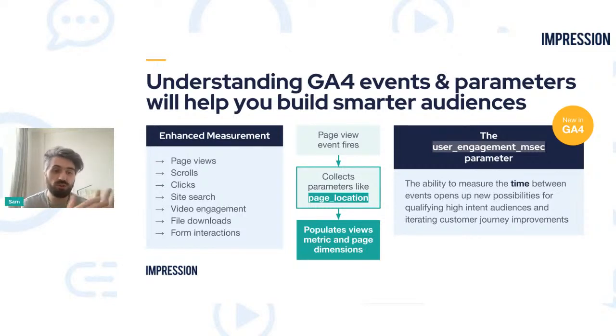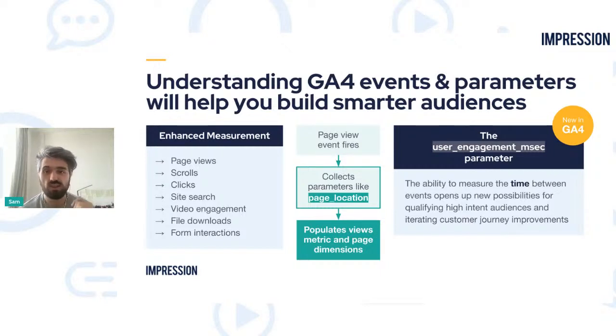In GA4, you can look at all of this data yourself, so you can see all the parameters that are coming with any given event. These parameters are used to populate different metrics and dimensions. So page view here would populate the views metric, but then the parameter of page location populates dimensions for what